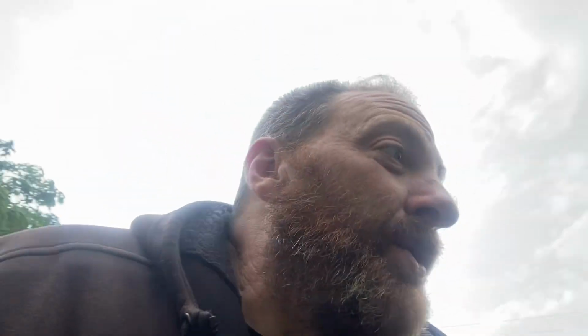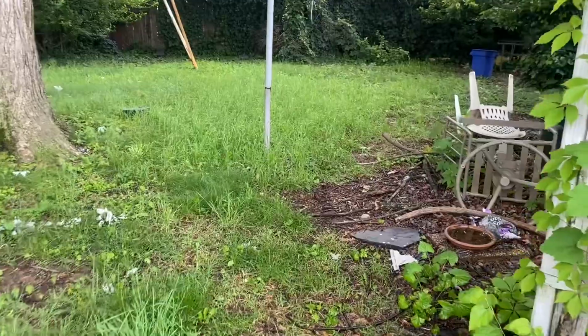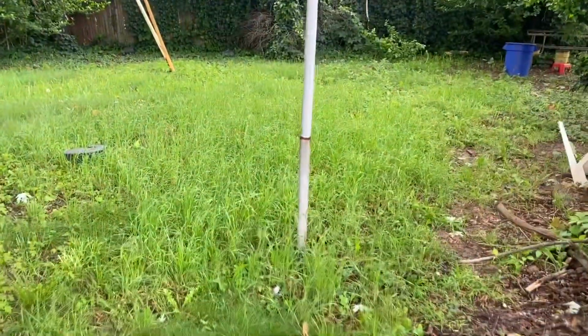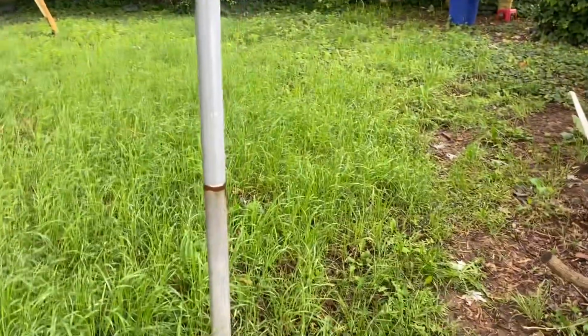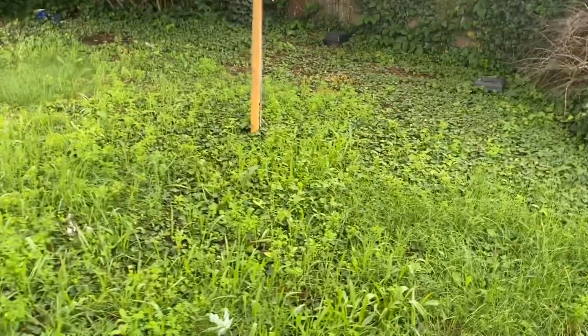But yeah, I'm gonna show you what it looks like and kind of how I do it. Still got this stuff down there. But take a quick look. I'll show you what it looks like. So as you can see, it is well overgrown. Get back in there. That's way too high. It's the ivy part that doesn't, but